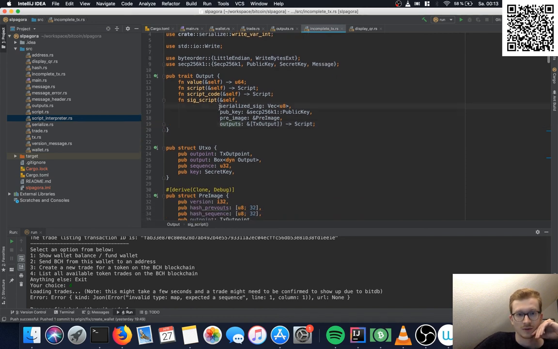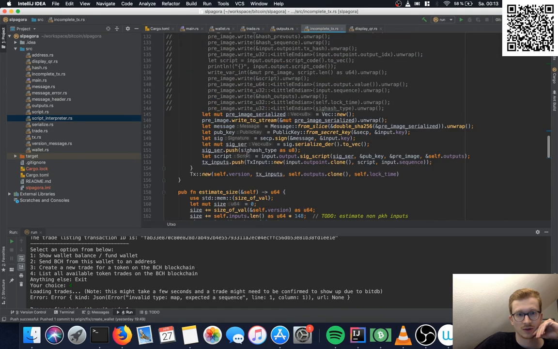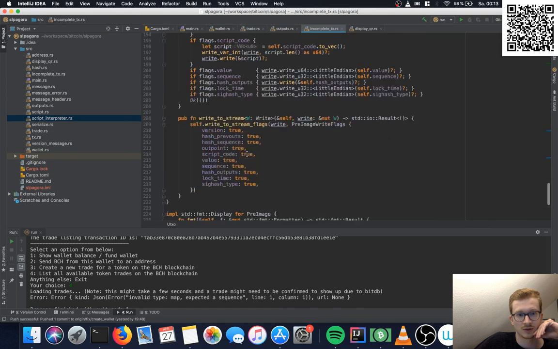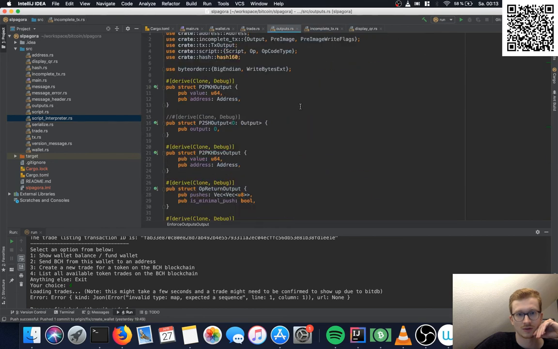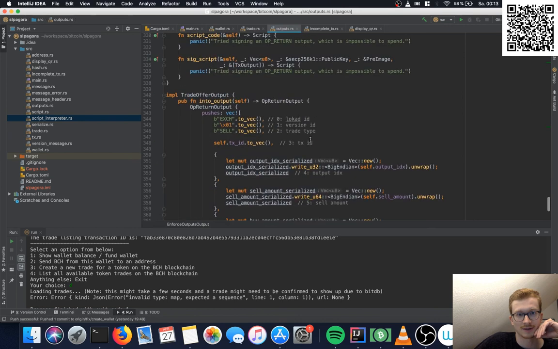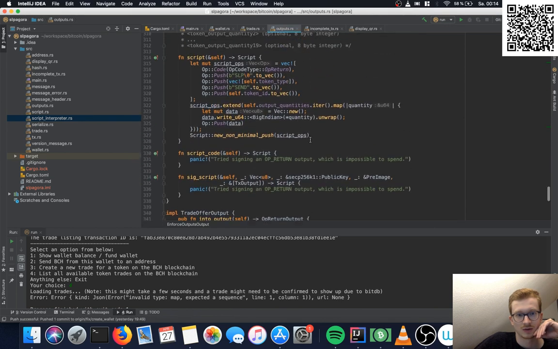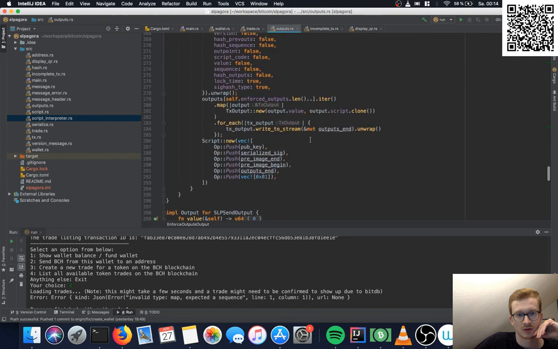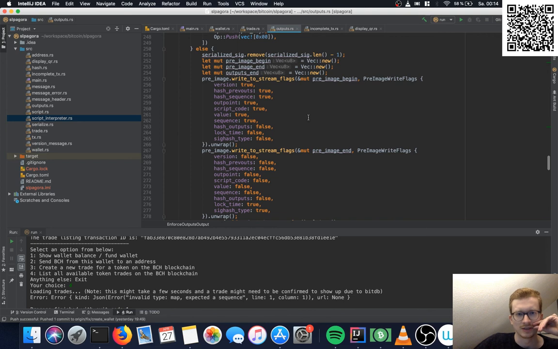Once we have those four things, the signature script will be actually pretty easy. Signature script here. More or less easy.